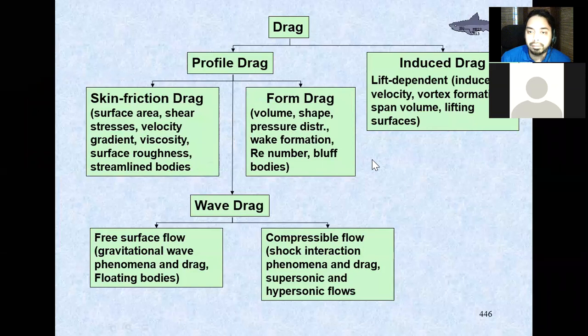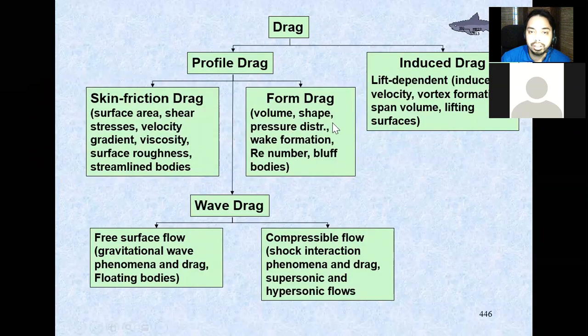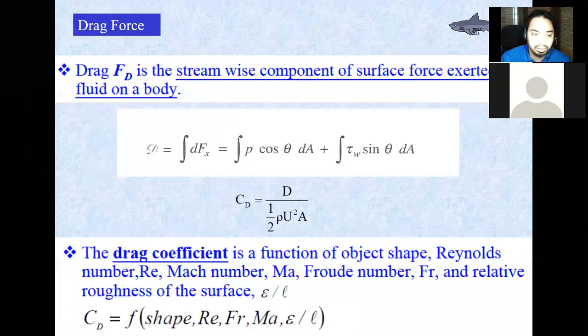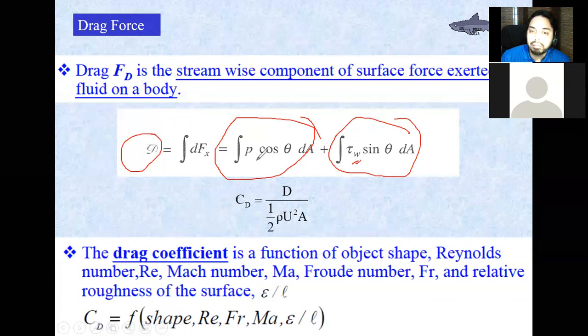Okay, so if we take the components, we're going to take only two in our discussion here: skin friction and form drag. This is the form drag, caused by the pressure distributions. And this is the friction drag, caused by the friction at the wall. They are combined into the drag force. Since it's difficult to determine the pressure distribution and also the shear stress distribution, we sum them up